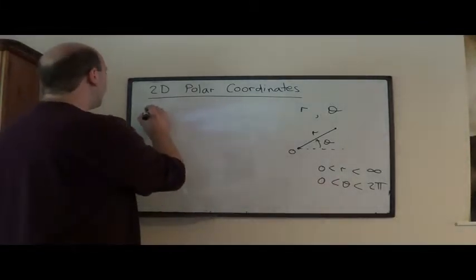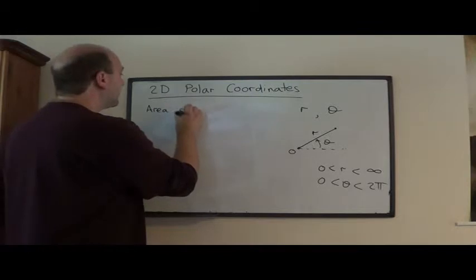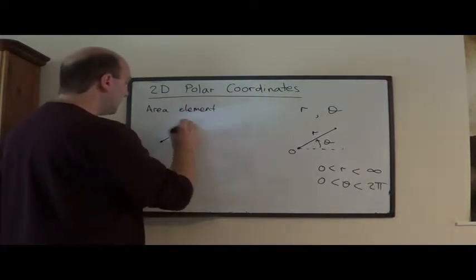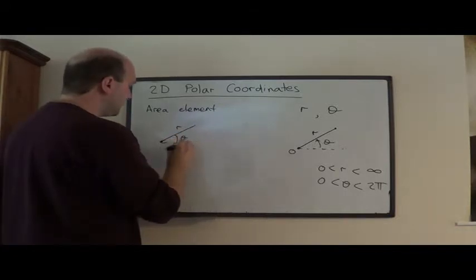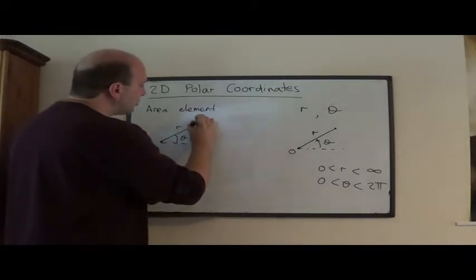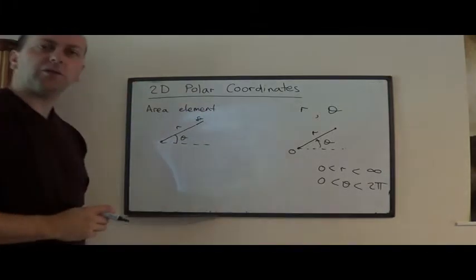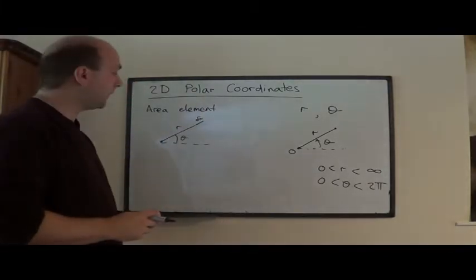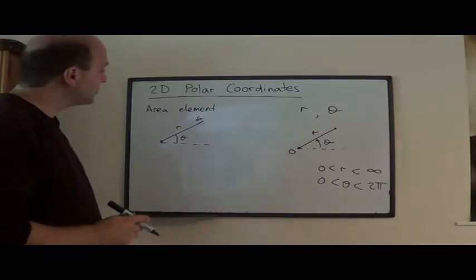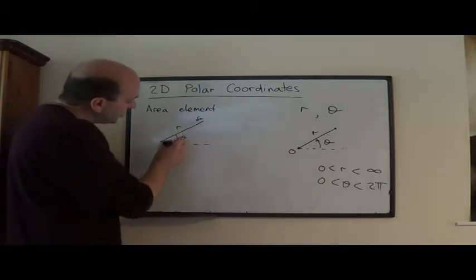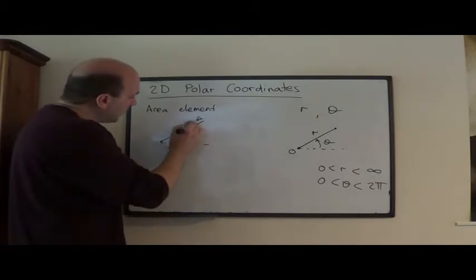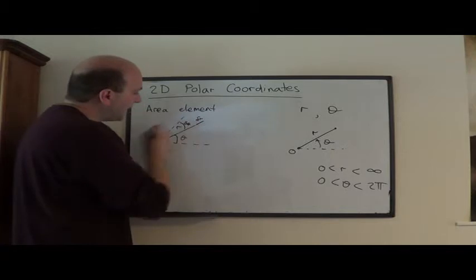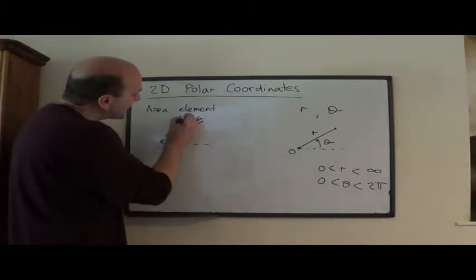So the first thing we do to calculate the area element is, we're at r and theta, the first thing we can do is we can change r by amount delta r, and that gives us a little length delta r. The other thing we can do is to change this angle theta so that this guy is now out over here, and here's delta theta. Now that makes a little arc